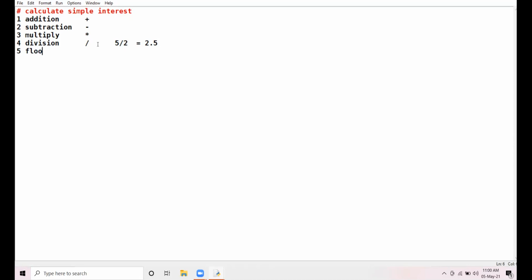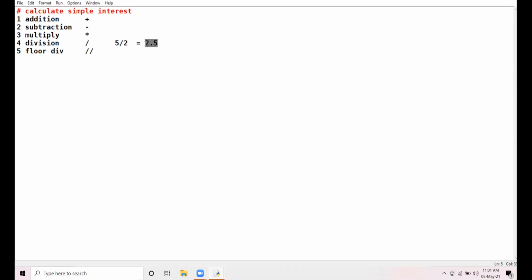Next is floor division. Floor division in Python is represented by double forward slash. It also means division. It also displays the quotient of the division, but the decimal part is ignored. Pay attention to this answer.